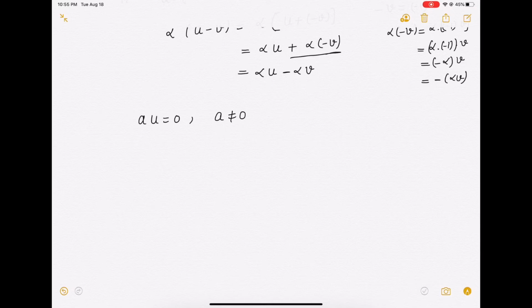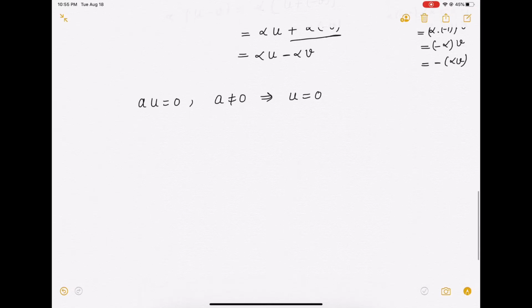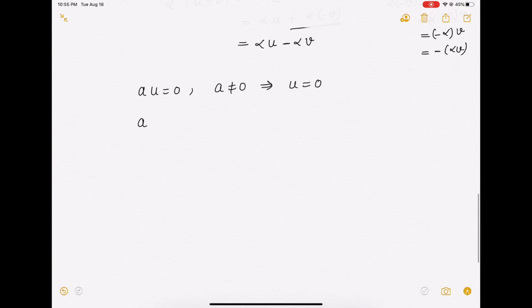If a is not equal to 0, then this implies u equal to 0. It is very simple. A belongs to field F. So by the property of field, because A is not 0, that is every non-zero element has an inverse, A inverse belongs to F. So AU equal to 0 implies, when A inverse is operated on AU on both sides,